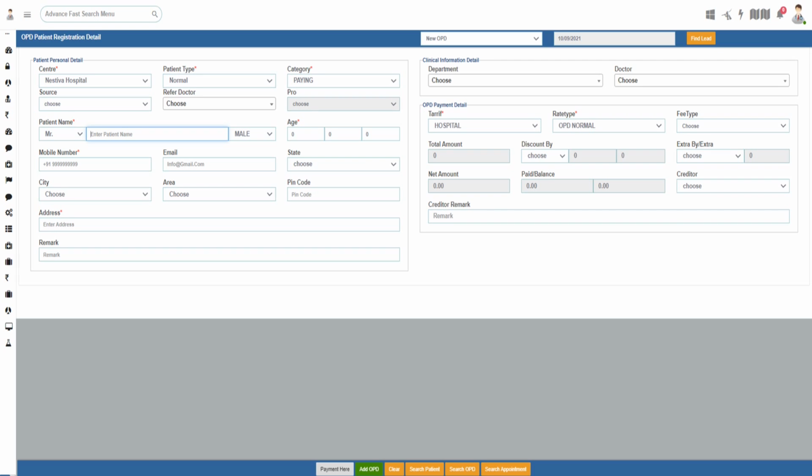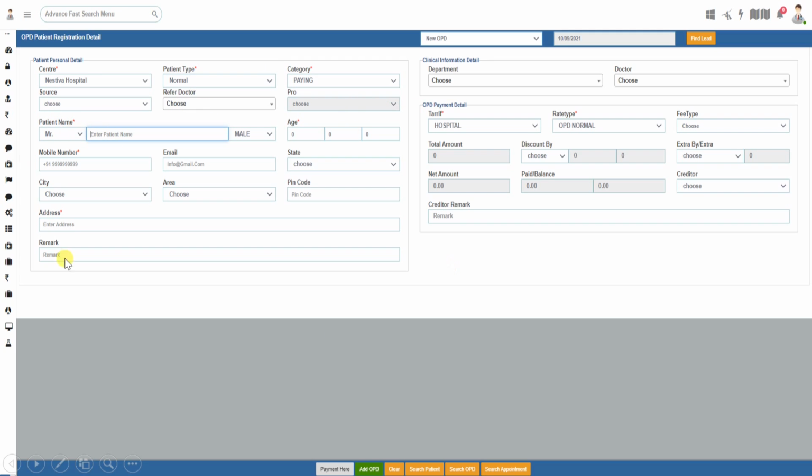This is our OPD registration form. There is a multi-hospital system. You can choose your hospital name, patient type, patient category, and source, meaning from which source the patient came to know the information, reference doctor, and marketing person.